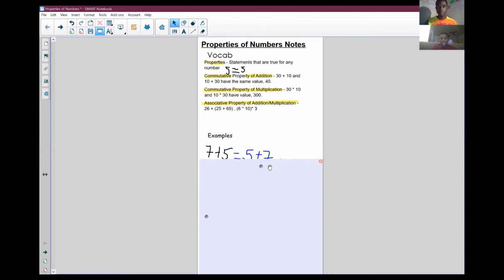But what is that? Is that commutative property of addition, or is that commutative property of multiplication? Well, as you can see by this addition sign, if my mouse will go to it, to this pen right over here,